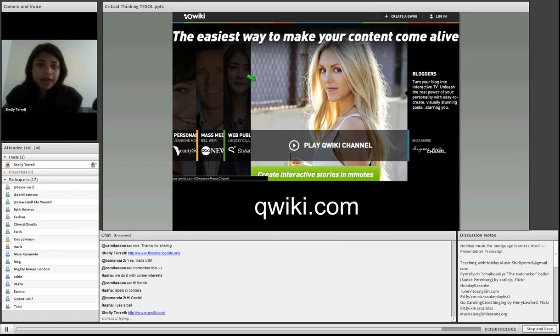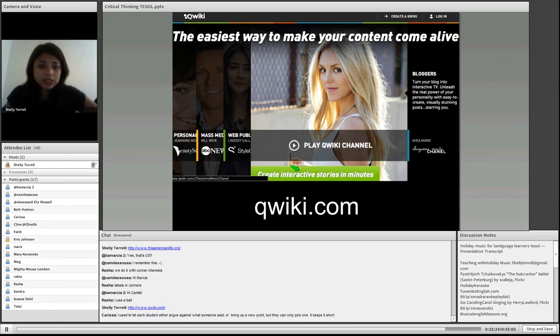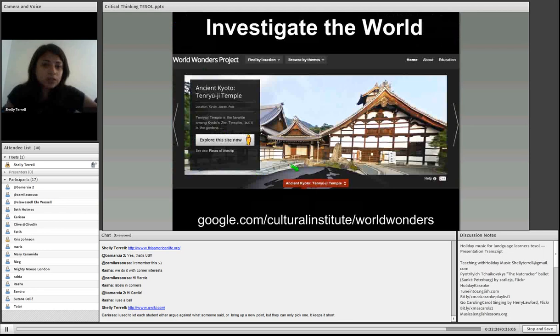It's their way to share information and really the things that they investigate. After they investigate it, then you can have them make a quickie about it, and they create interactive stories in minutes with their voices and with pictures and visuals, and they can state the facts and things like that. So I think that's a really good thing for learners.